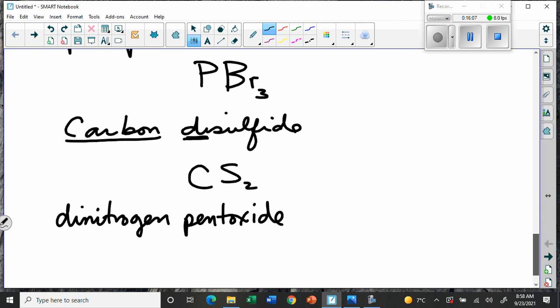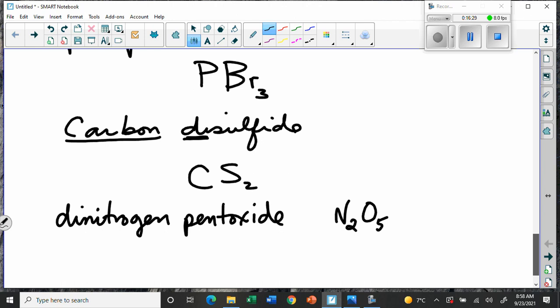Well, that would be dinitrogen, so that would be 2 N's, like this, and then pentoxide would mean 5 O's. So these are actually, I think, the easiest ones to work with, because it's obvious from the name which numbers to use, and it's obvious from the numbers which prefixes that you should use,